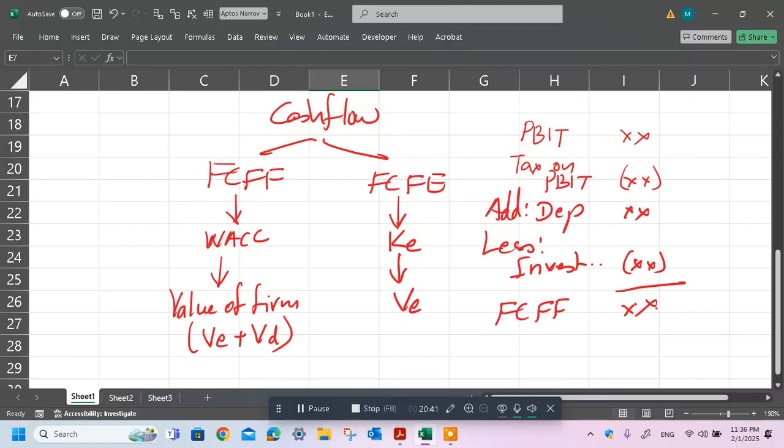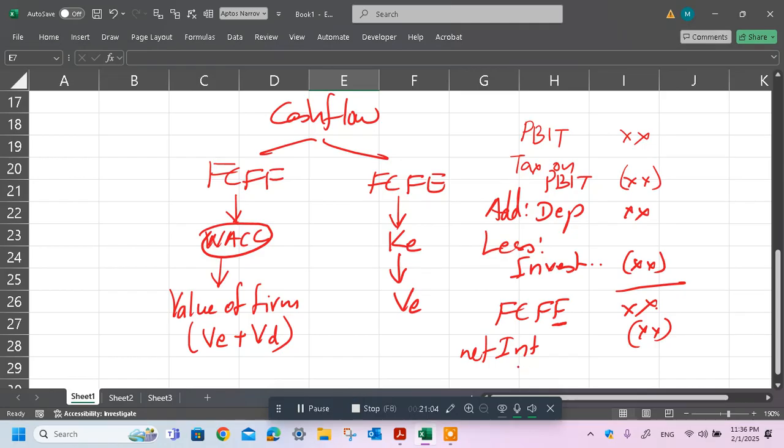So you can't take this cash flow and give it to your equity holders. No, this is for equity holders as well as debt holders. That's why we say free cash flow to firm, and that's why we use both KE and KD together, WACC, to discount this. From this, if you subtract the interest payments, interest net of tax, net interest, let's say,